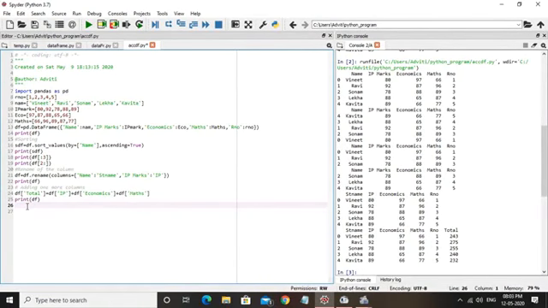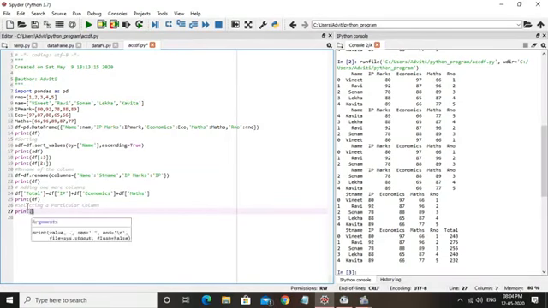Now how can we select a particular column? Suppose I just want to check one column, that is student name. Then what is the first method? The first method is to use the data frame object and then define the name of the column.